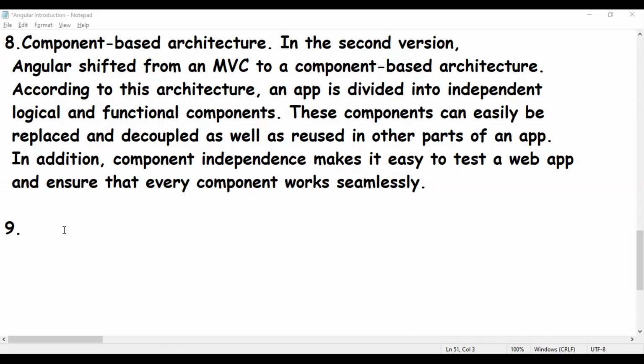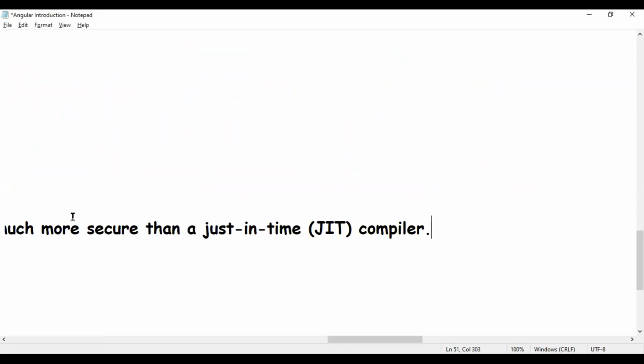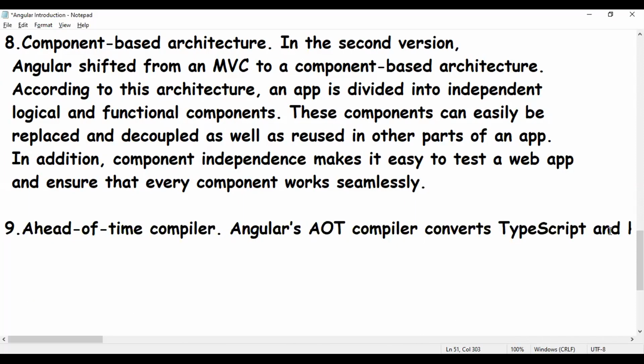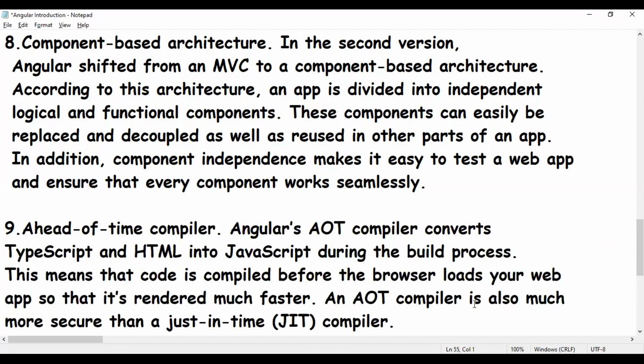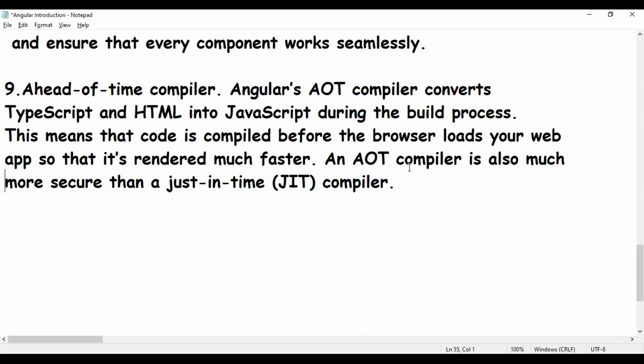So that is about the ninth point. So what about the 10th point?